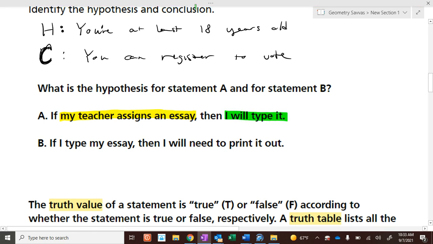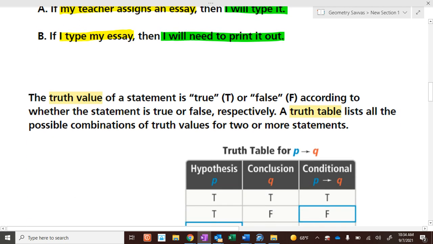Statement B. If I will type my essay, then I will need to print it out. What's my hypothesis? I will type my essay, which was my conclusion of the previous one. Now it's a hypothesis because it follows an if statement. What's the conclusion? Then I will need to print it out. Okay, so know the difference between the hypothesis and conclusion. Okay, next two words